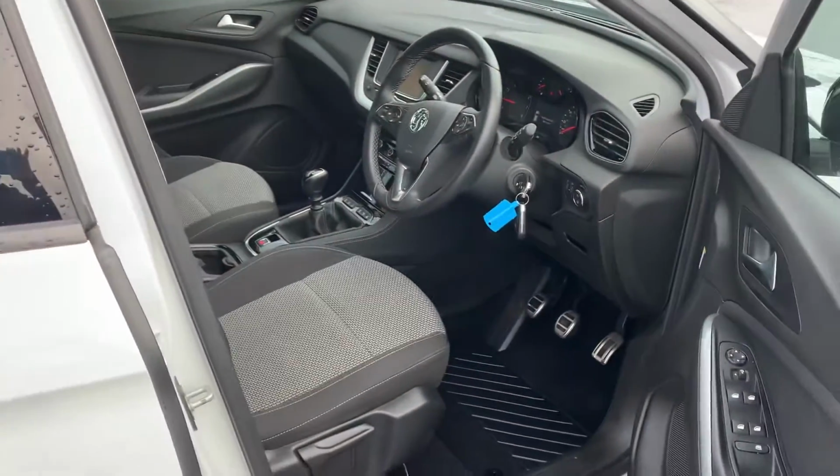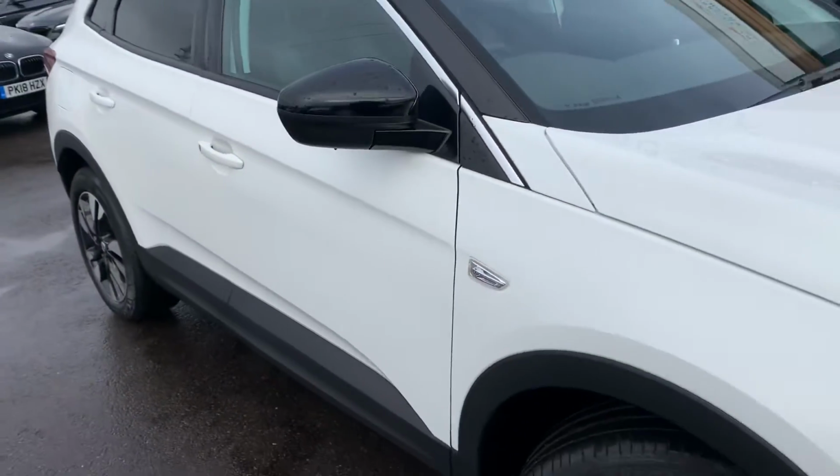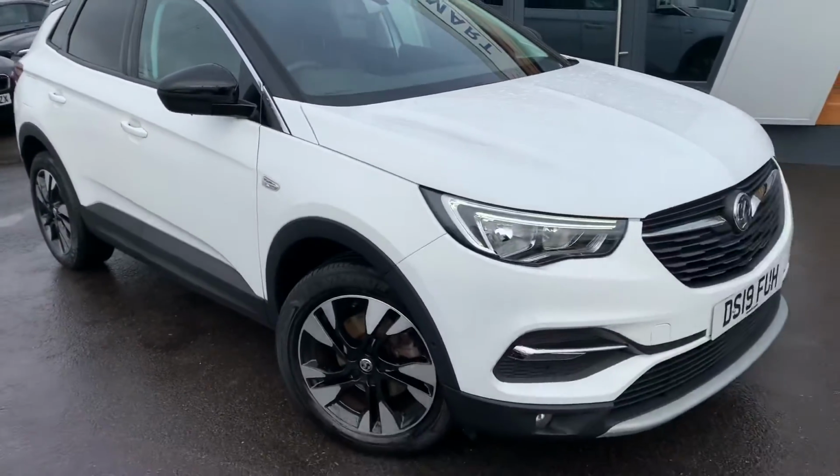If there's anything else you'd like to see or you've got any questions, don't hesitate to ask or pop down and visit us. We'll give you the keys, you can take it out and